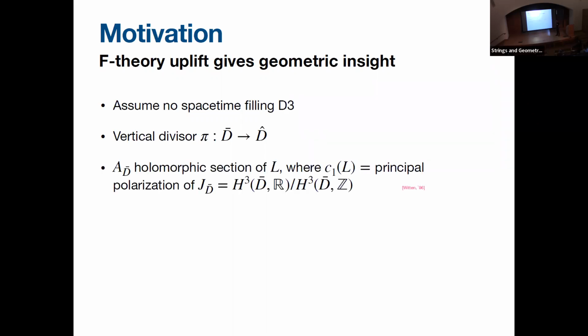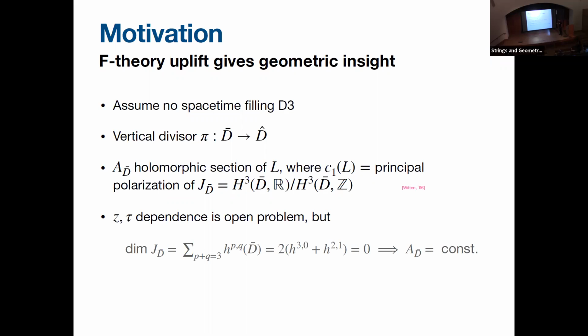In these cases, it was shown back in the 90s by work due to Witten that these Pfaffian prefactors, the things that we would like to ensure are constant and non-zero for the purpose of Kähler moduli stabilization, are holomorphic sections of a line bundle L, where the first Chern class of the line bundle is equal to something called the principal polarization of an object called the intermediate Jacobian. It's defined as follows. You can think of this as a generalization of a torus in some sense, a quotient by a lattice, very roughly speaking, and by a lattice, I mean